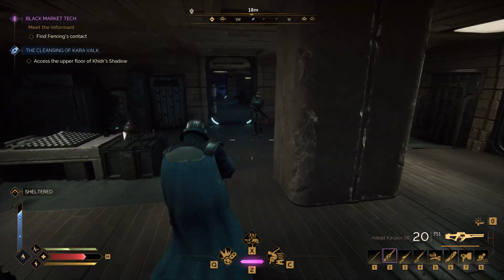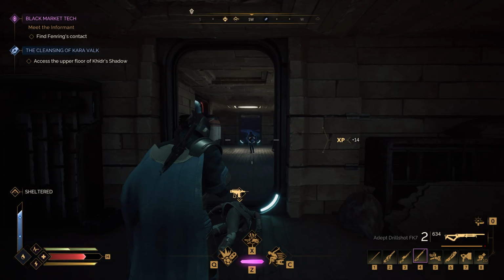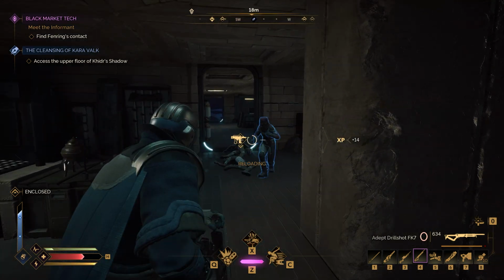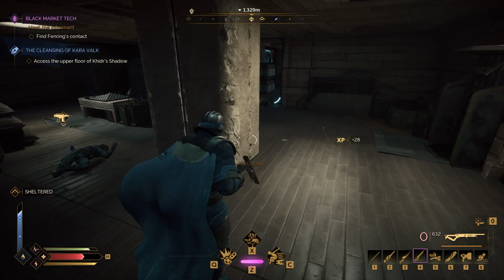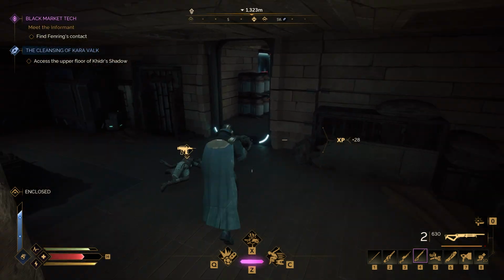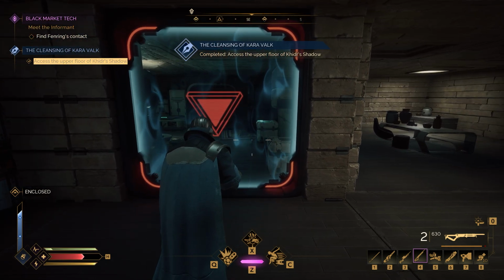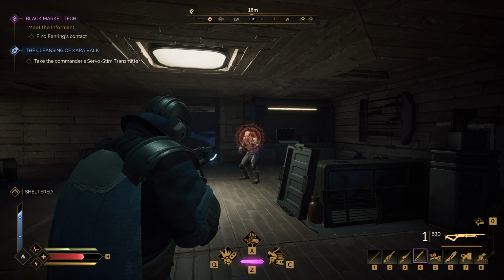So now that we're up here, about 20 meters away, got a few enemies left. Drill shot again for the win here. There we go. Alright, that should be just about everything up here. So now access the upper floor. We're up here, and now we just need our quest item, which is...